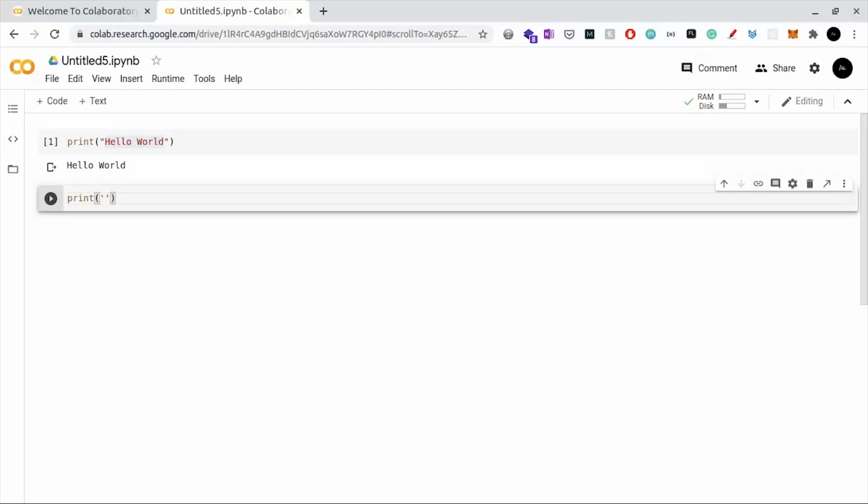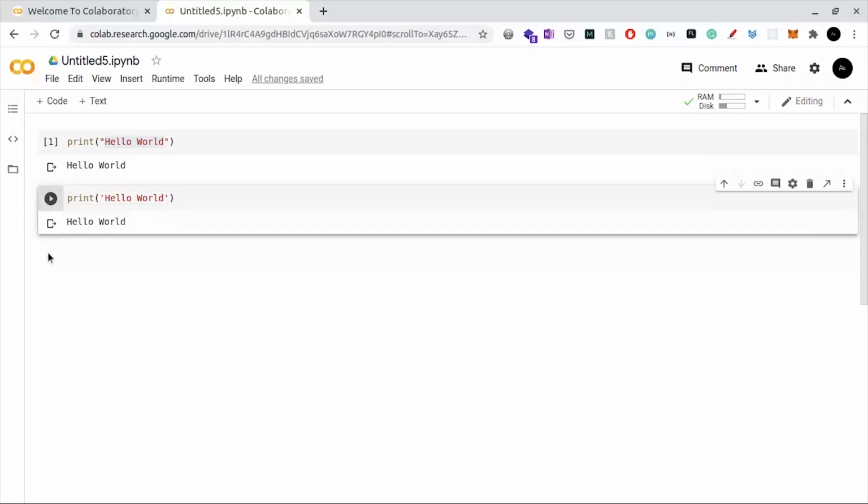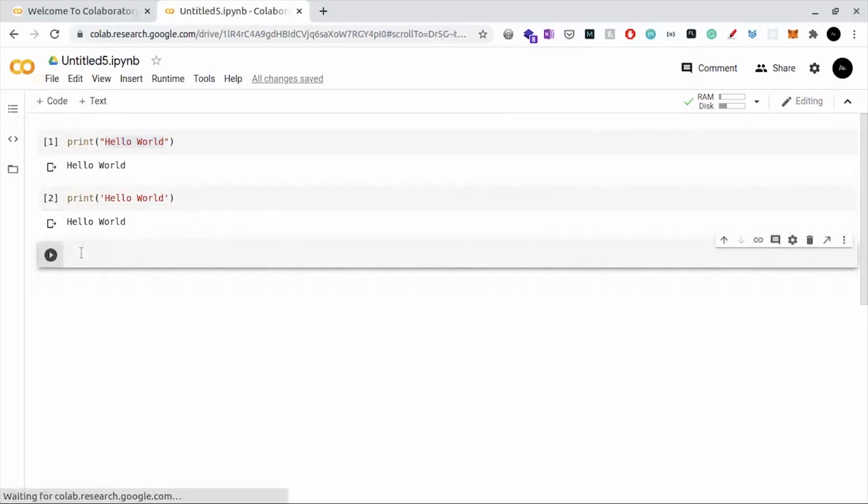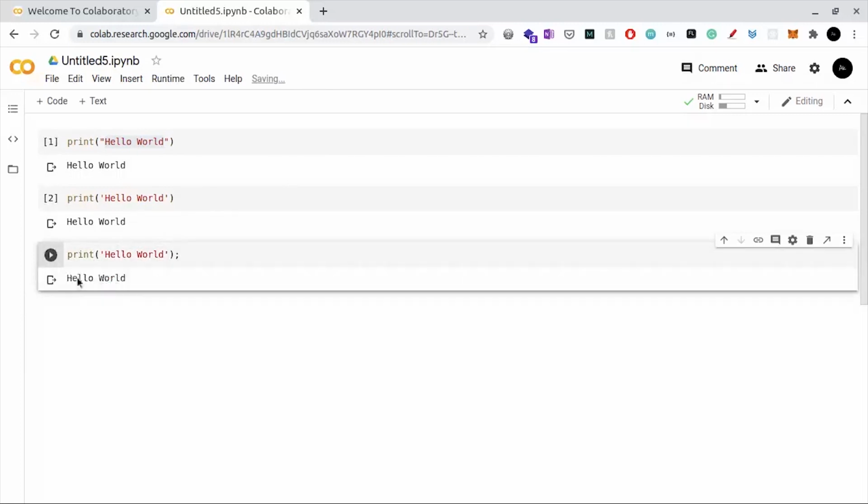In this, I'll show you how we can use single quotes to print our program. We'll again print hello world program, and I will just run it, and you can see it ran exactly fine and exactly the same way as the previous program. Now I'll show you one more thing. You can also use a semicolon at the end, just like this, and it won't affect our program in any way. It will run just exactly fine. Yeah. So this is our hello world program, and this is how we print anything on the screen.